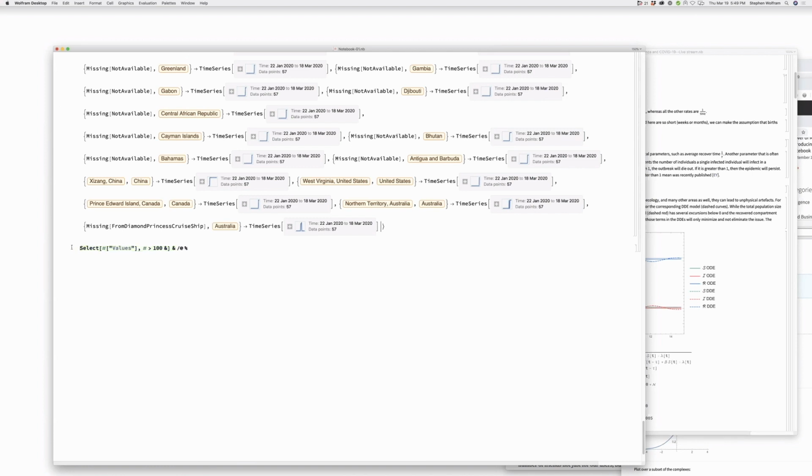So then, by the way, the time series for the Diamond Princess cruise ship is the only one where the number of confirmed cases goes down. Why? Because they left the boat, or what? I think that's what's going on. If you look at the time series. Oh dear. Okay. So, let's look here at